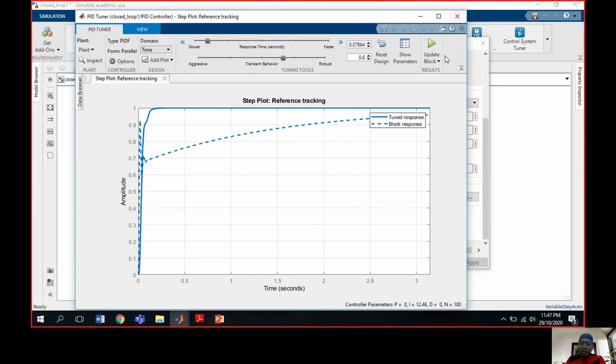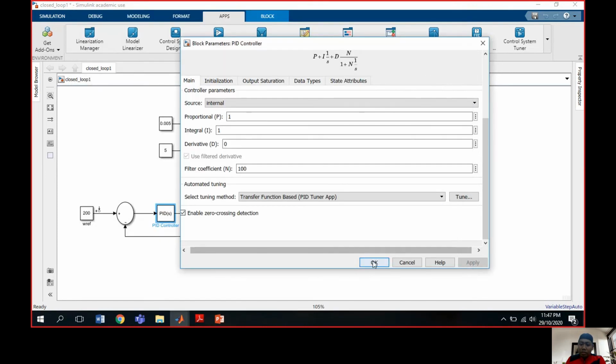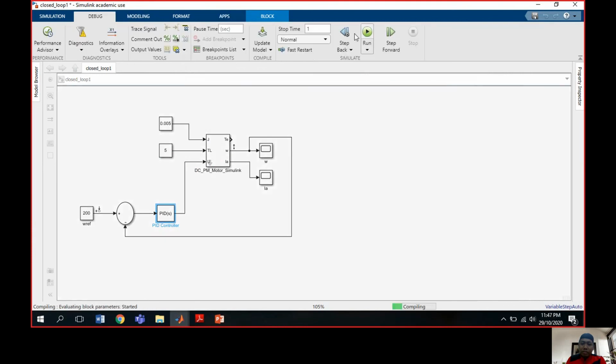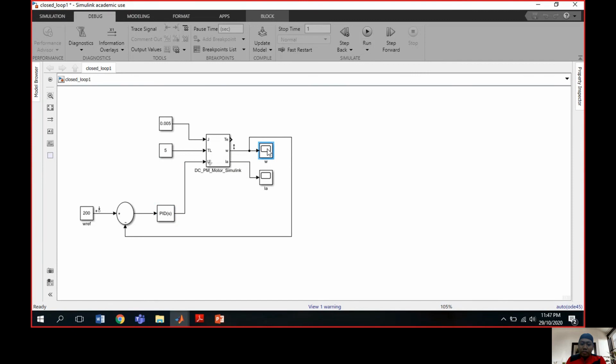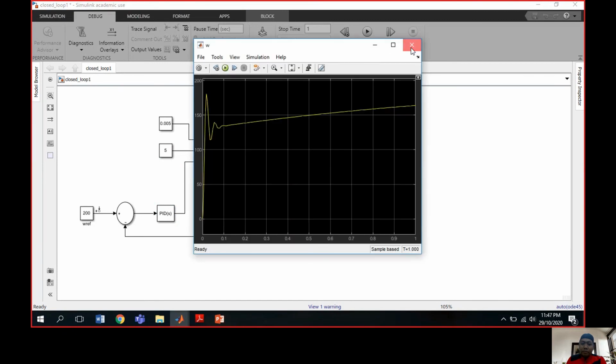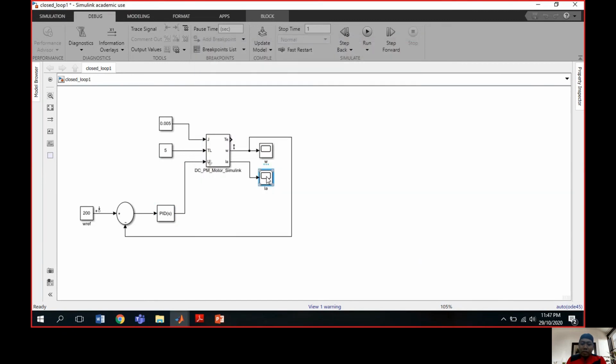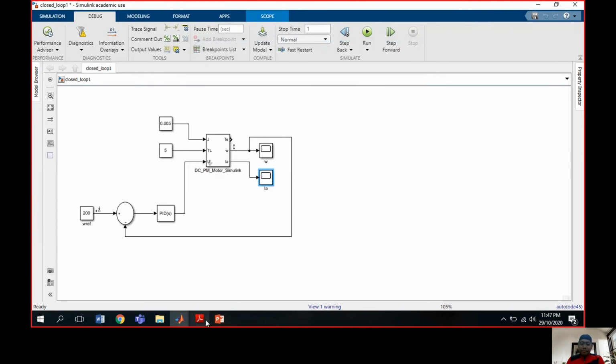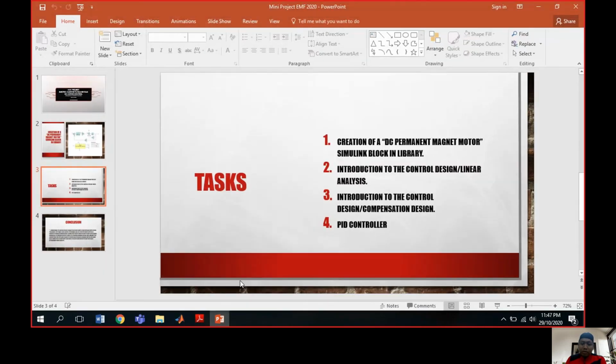So that is the PID tuner, and then we just click OK, and then we run the result. So the result we get is this one. For W is this, and for LA this one. Right. So done for task 4.